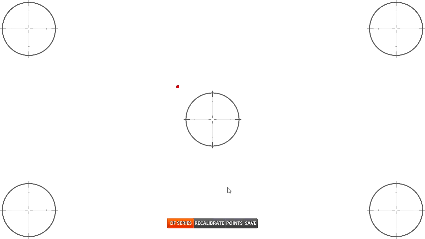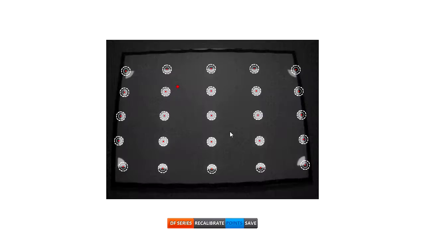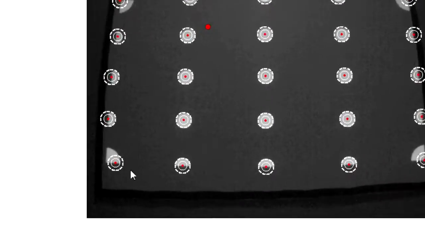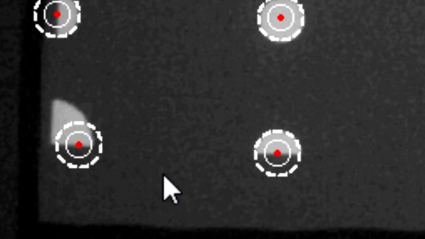Now if you noticed an inaccuracy, or if you wanted to just check and see how good a job the auto calibration did at finding all the points, you can come down here and click on the points button. This screen shows where it found each one of the dots. Now looking at all of them, they were found correctly with the exception of this one in the lower left corner